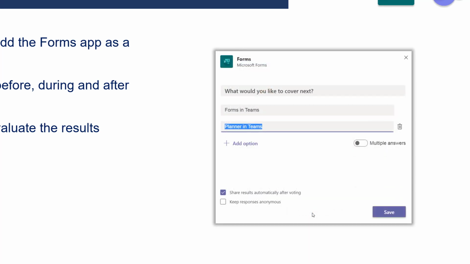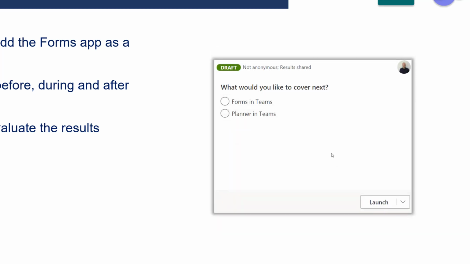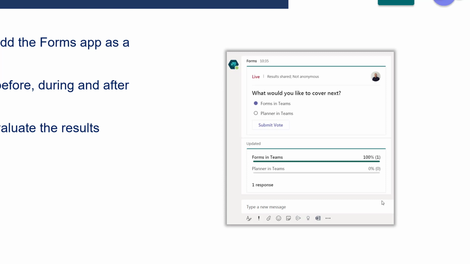So we've got our question, we've got our answers, we set our options, and then we click on Save. Okay, good. Now you can see that this is in its draft state at the moment, and at any point you can go into there and you can launch this poll if you want to. And this is what people will see. They'll see the option up here,